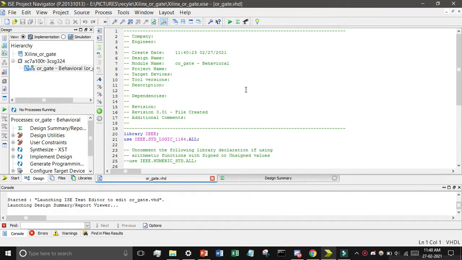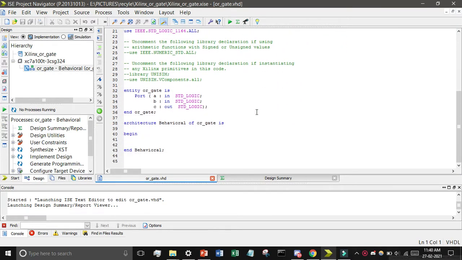After finishing, you can see all these things. Find the begin and end, and in the middle of it just write C <= A or B; semicolon.